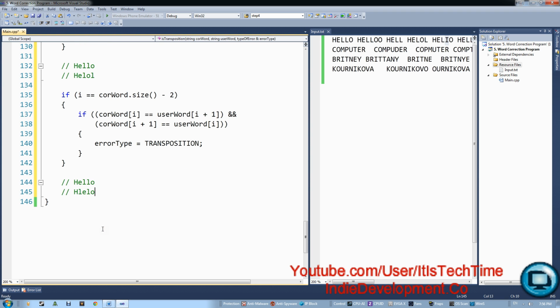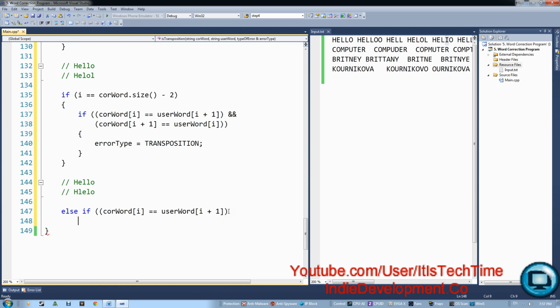What this next condition is going to take care of is if it's not at the end, it's just anywhere in the word. So to check that, you do else if, because we have more. This is not just else, this is not the last condition, so we do else if. Now open two parentheses again, we need to check every letter of them. Else if correct word at I is equal to user word at I plus 1. This is the same thing. If this letter is equal to this letter,